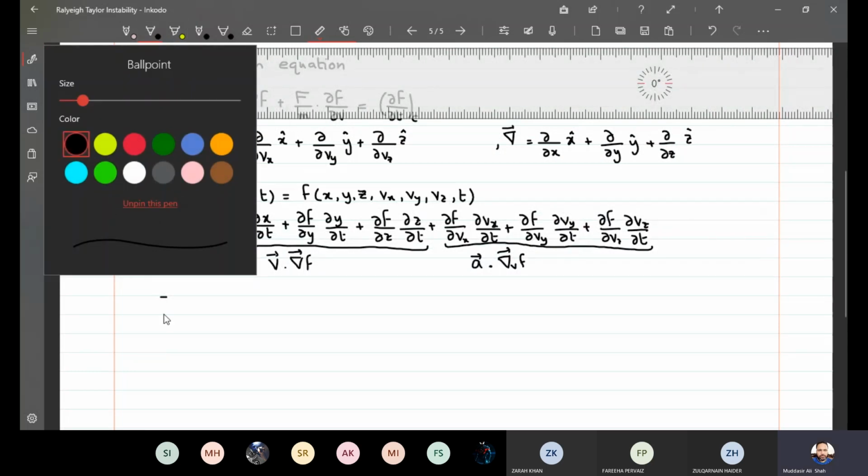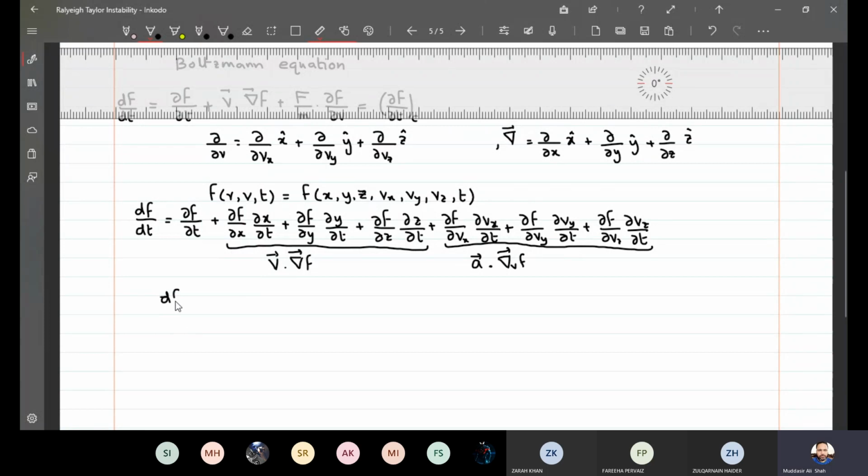तो इन द एब्सेंस ऑफ कोलिजन्स, अगर आप यहाँ देखें, सो डी एफ बाय डी टी इक्वल 0 in absence of collisions. सो बेसिकली जो बोल्ट्जमैन इक्वेशन है वो ये कह रही है कि आपका जो सिस्टम है उसमें अगर आप कोलिजन्स को कंसिडर ना करें तो आपके पास जो डी एफ बाई डी टी है वो 0 होगा।